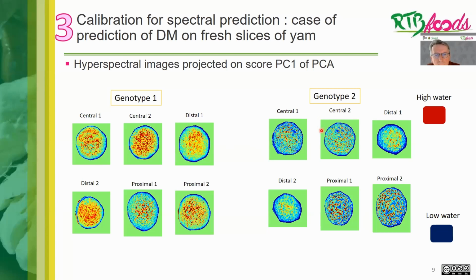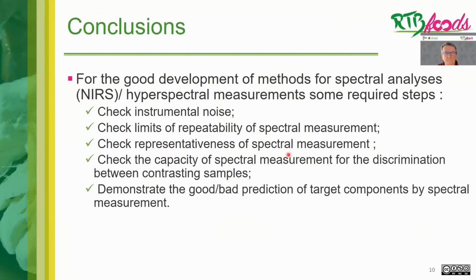For genotype 1 we have more red, so maybe more water, and for genotype 2, for all slices, we have more blue. So hyperspectral imaging can also be used for the visualization of differences between two contrasting genotypes. Okay. So for the conclusions,